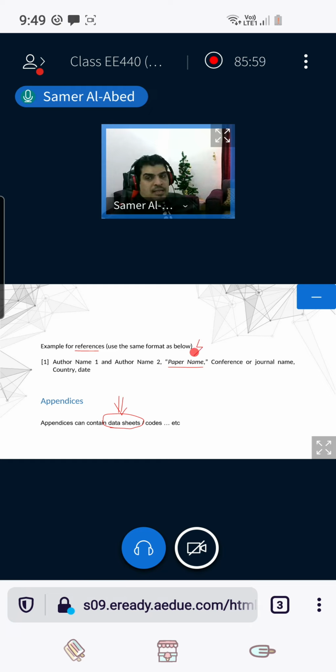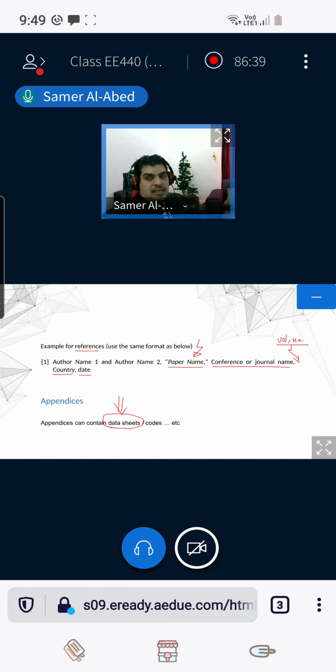This should be italic, by the way, but it's okay if you put the paper name between double quotation marks, then a comma. Then you need to put the journal name or the conference name, then the country and the date if you have them. If it's a journal, you need to put the volume number and the issue number. If it's a conference, you don't need to put the volume and number. But this is the format that you should use.